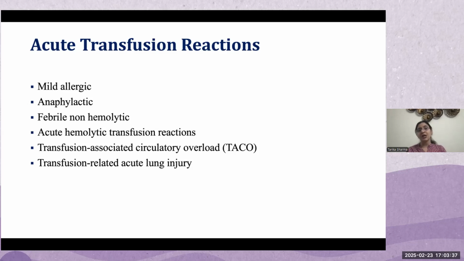TACO is transfusion associated circulatory overload, which happens because of excessive replacement of fluid, because of which the person has overload, and this again causes a lot of trouble to the patients. Or you might also get TRALI, which is transfusion related acute lung injury, which might again happen as